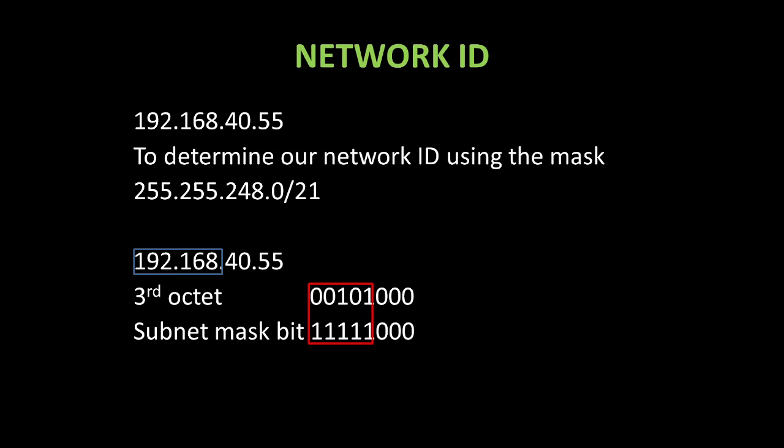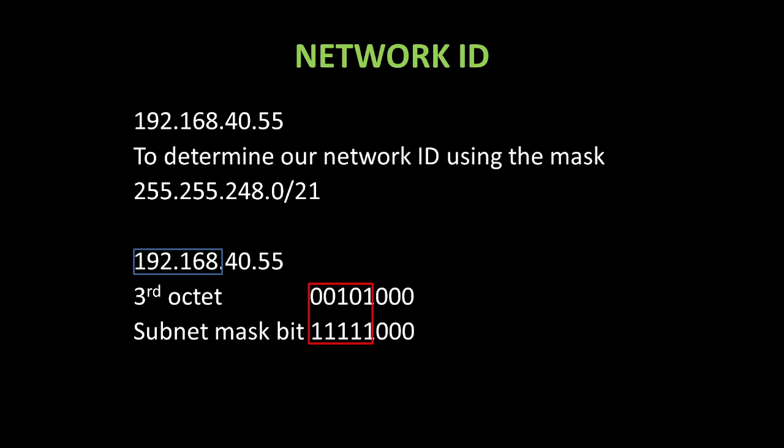So what will determine our network ID is the level at which our subnet mask is turned on. Which ones are turned on? The ones that are turned on in our subnet mask are the first 5 bits counting from left to right. Now when we come to our network IP address, we have